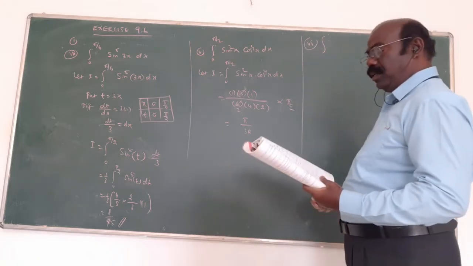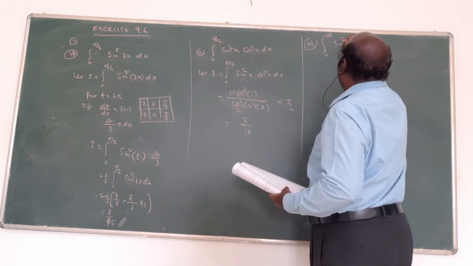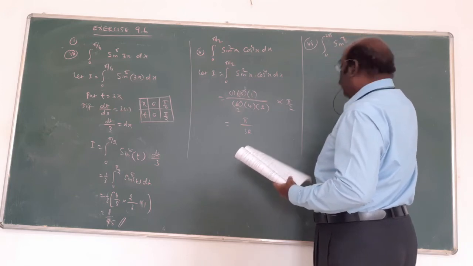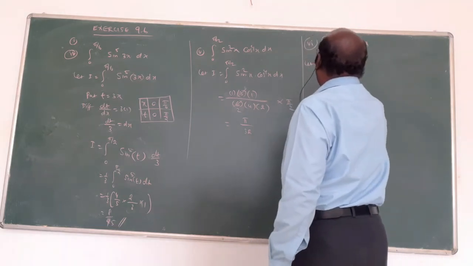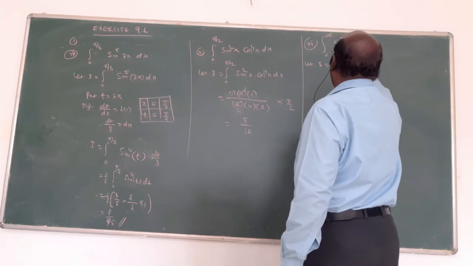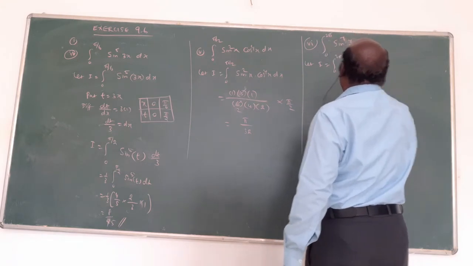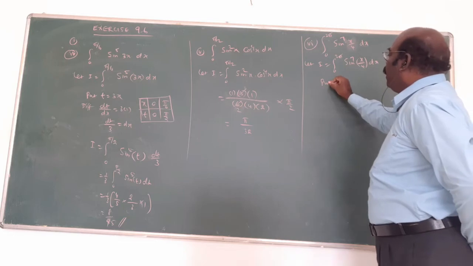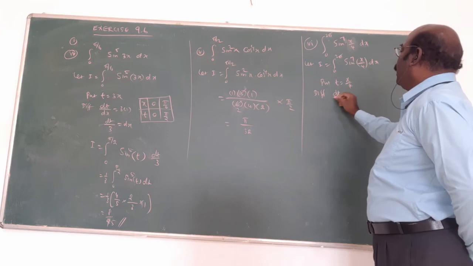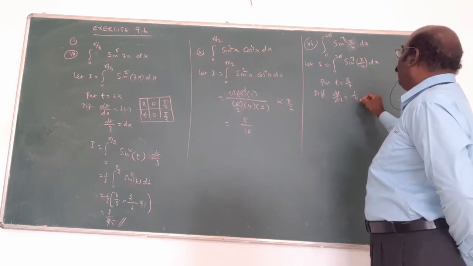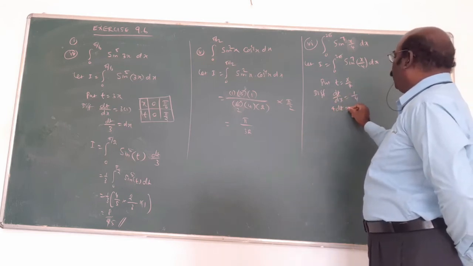The question is the integral from 0 to 2 pi of sin power 7 of x by 4. Let I equal to the integral from 0 to 2 pi of sin power 7 x by 4. Here only x by 4 is the problem. You put the bracket, then it will be t equal to inside the bracket. Now differentiation of this: dt by dx equal to 1 by 4. 4 is constant. Cross multiply, 4 dt equal to dx.